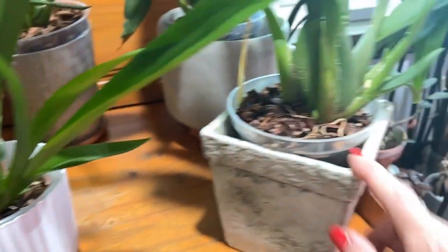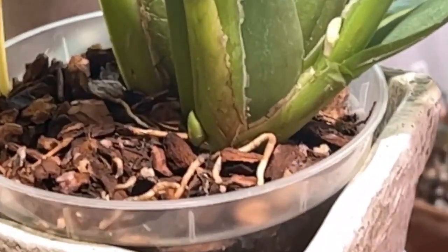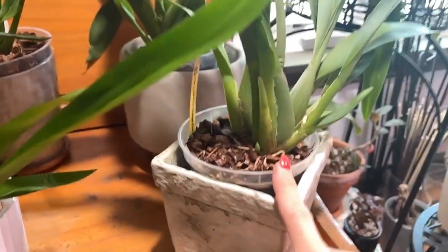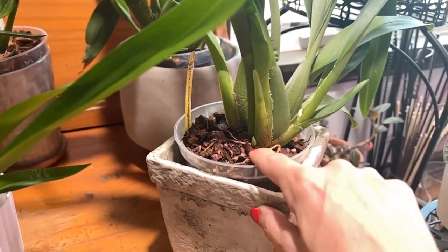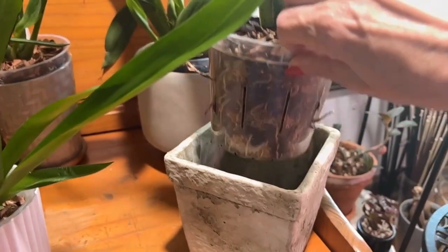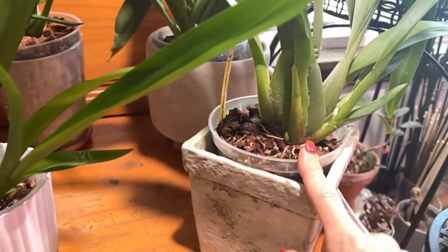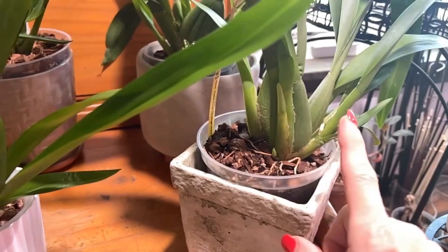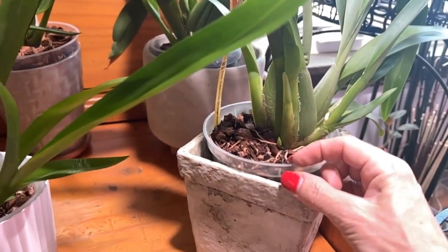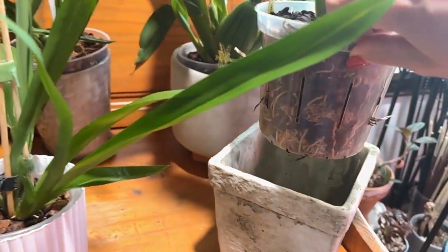And then Catatante Orange Kiss, we cut her spike a couple of weeks ago, and she is already shooting out a brand new growth. This one, I'm going to wait for this to start the new root tips, and then I'm just going to up pot her because this pot right here dries out way too quickly. I'm not able to keep up with her water needs, and so I will up pot her, not too much bigger, but to a little bit bigger pot, or same size pot, but one of the ones from the Orchid